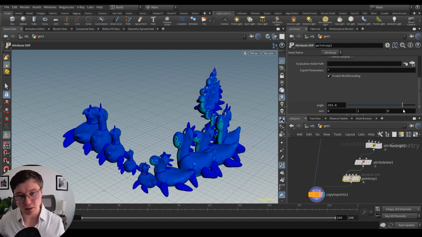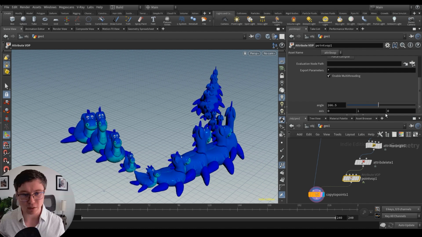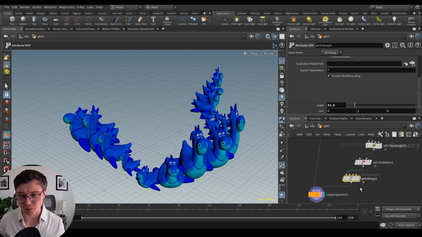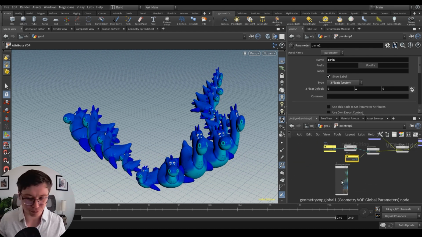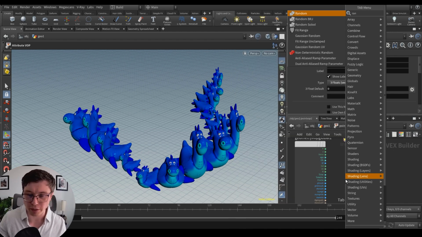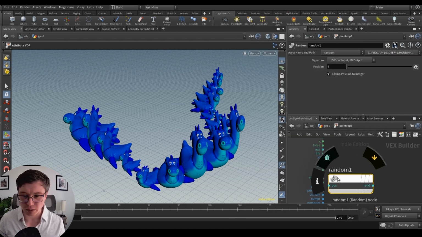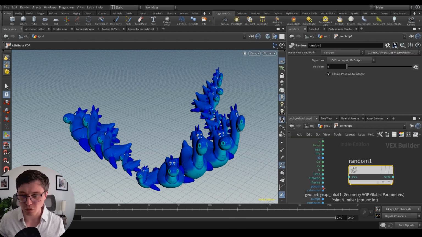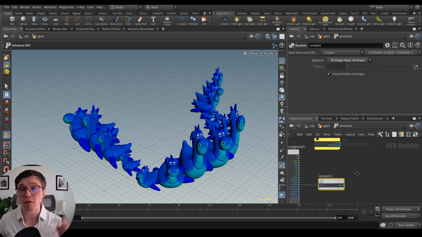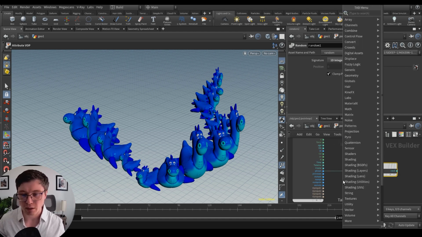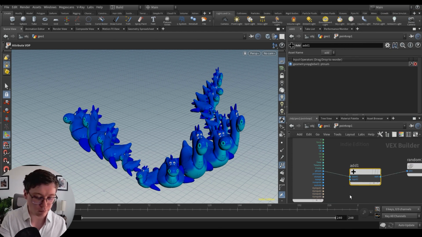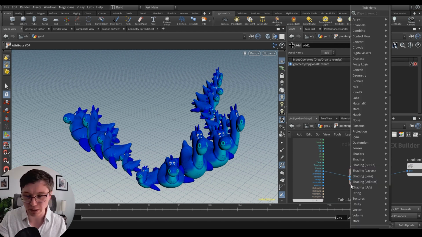And not only that, but we could randomize it a little bit. To do that, we could take the point number. Let's use random, and we'll take the ptnum and randomize it, so it will assign a random value between 0 and 1 to each of these points. You can change the seed very simply by adding an extra integer parameter that you will call seed.